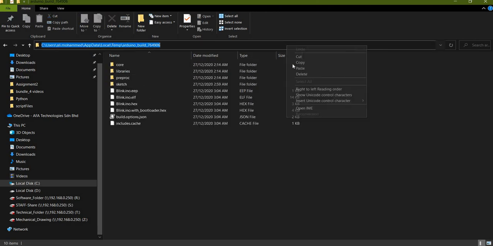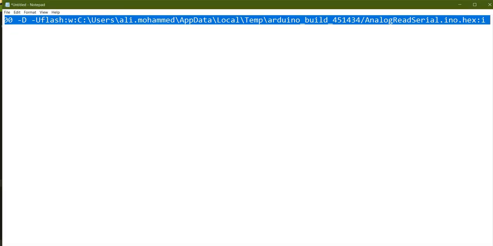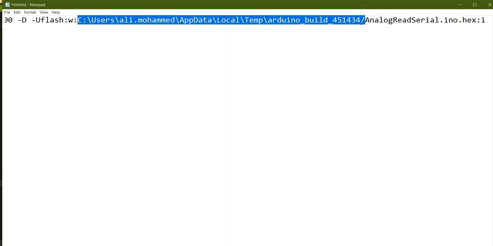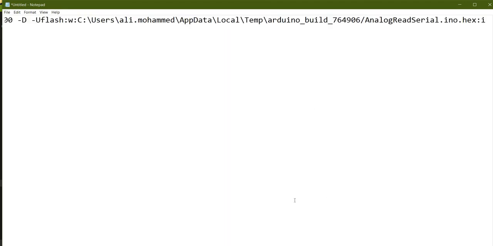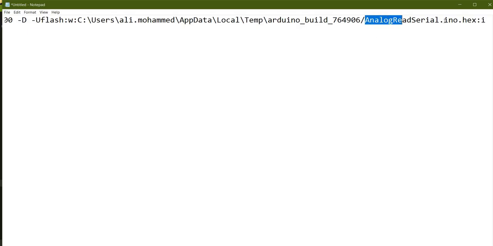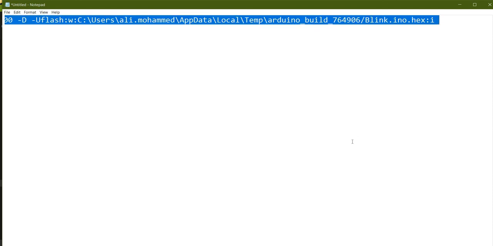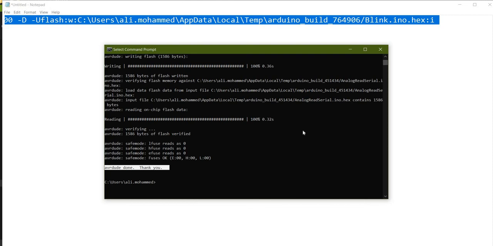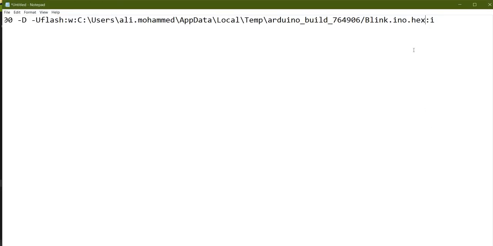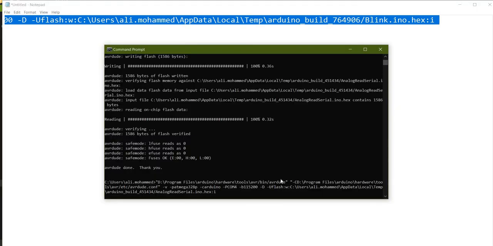Okay, we take the path, copy here, we update the path, here it is, paste. Then we take the hex file name exactly, Control A, copy, then we come here, .hex, nice. Then we copy all these commands, we go to the CMD and paste this again. Sorry, not this one, no, we haven't copied this, copy, and